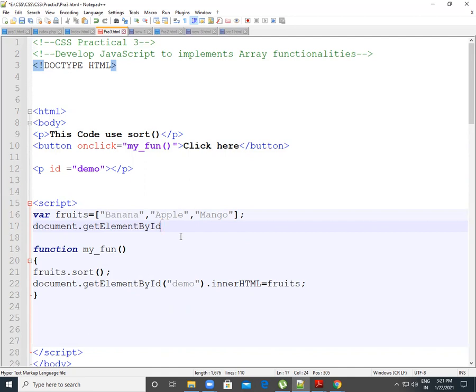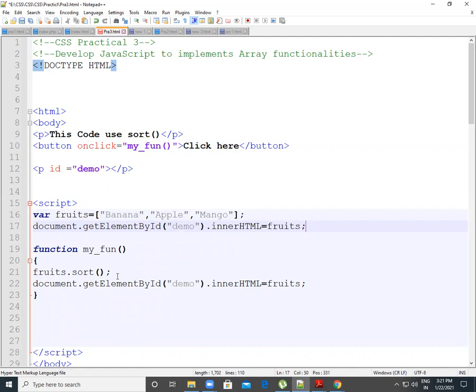By putting this get element id and innerHTML fruits. So I will write it here. Yeah, you can see that. Oh, one second. getElementById innerHTML equal to fruit. Function complete.